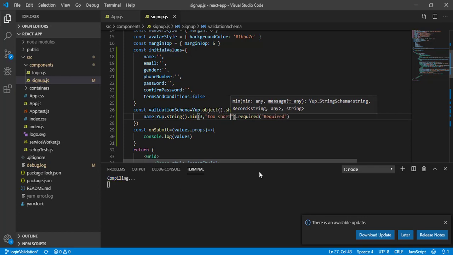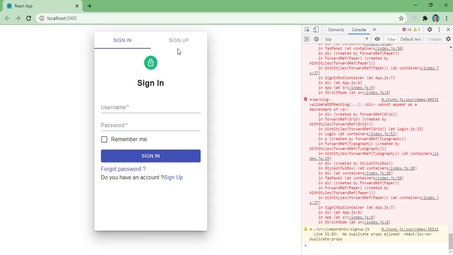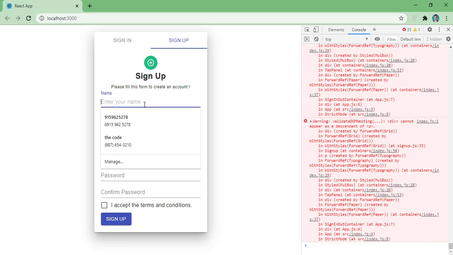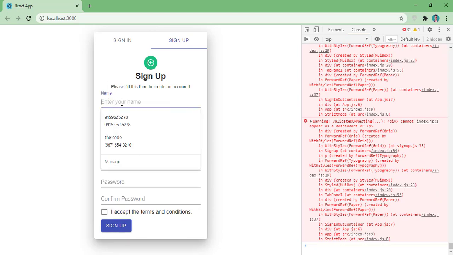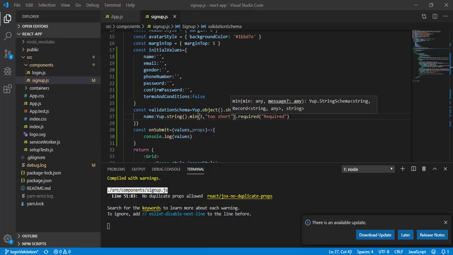Okay, now save it and let's come here and sign up. So now you can see I got this required. So now if I try to enter something, you can see it's too short, and now the error has gone.